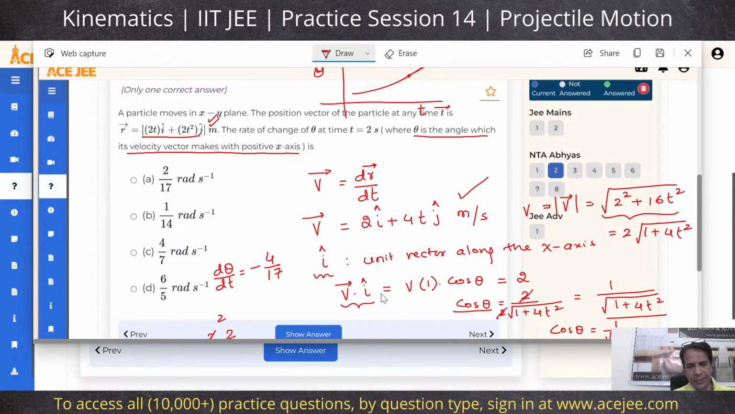We're trying to determine d theta by dt, where theta is the angle the positive vector makes to the positive x-axis. So this is the positive x-axis, the vector in that direction is I cap. So v dot I, that gave us simply 2, right? So we have 2 on that side, and we have v times cos theta. So cos theta is 2 by 2 square root of 1 plus 4t square. We cancelled out 2, and we got the